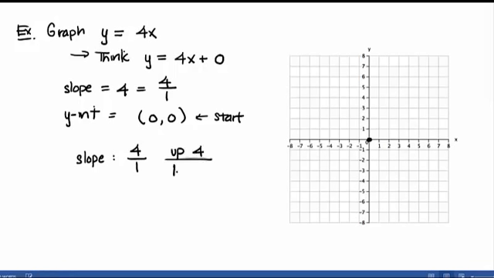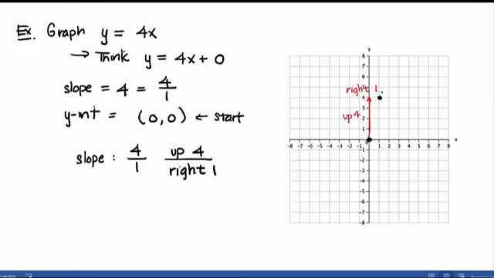And it means right 1. Because it's positive, right? So I'm going to go up 4. 1, 2, 3, 4. And then right 1. Right, so that's up 4. Right 1. And my second point now is